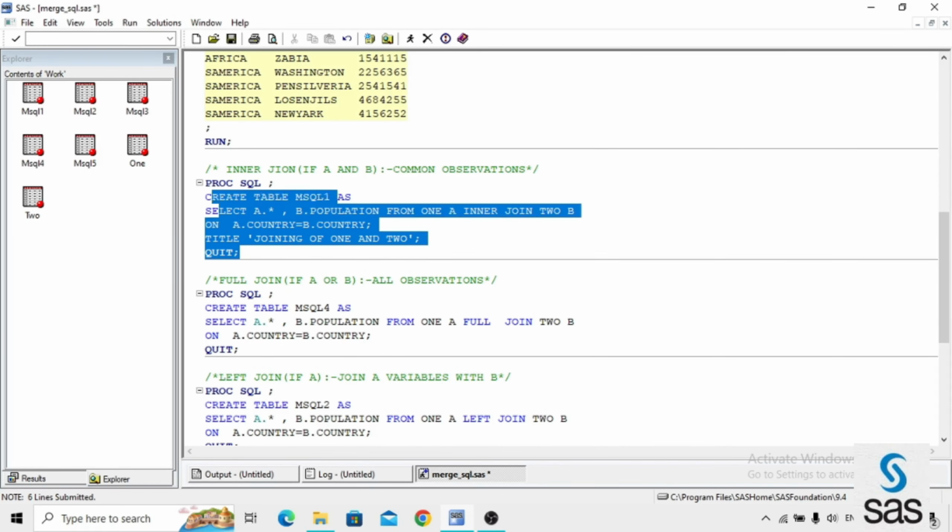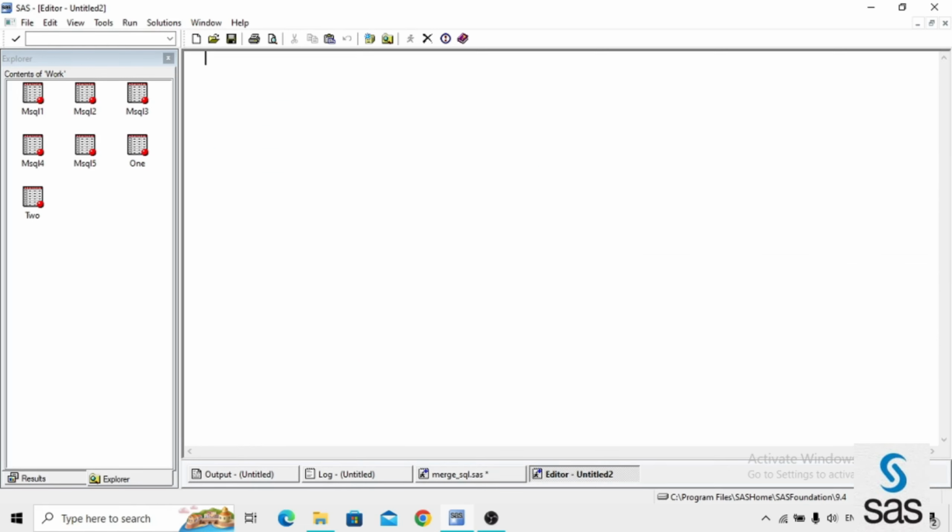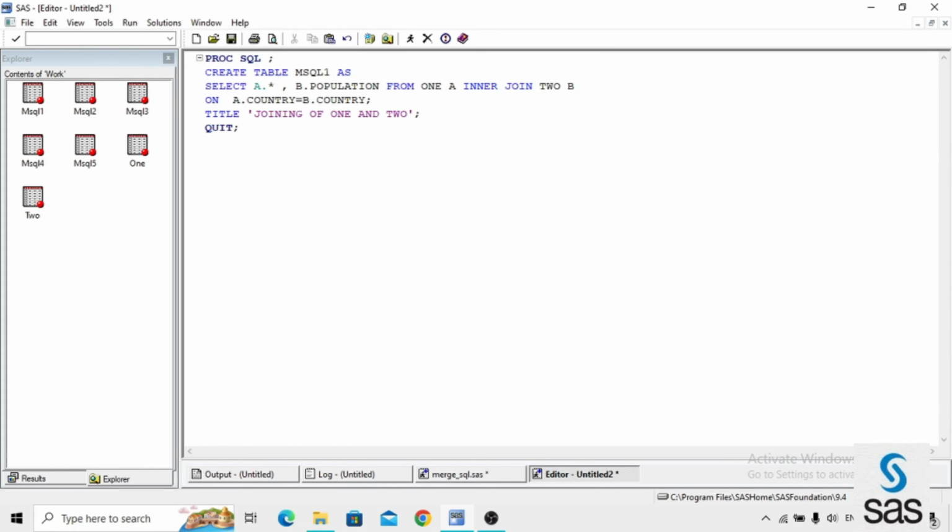For easy understanding, I am converting this proc SQL into the merging concept. Then how it will be: I am just converting this proc SQL into merging data. MSQL1 and merge.